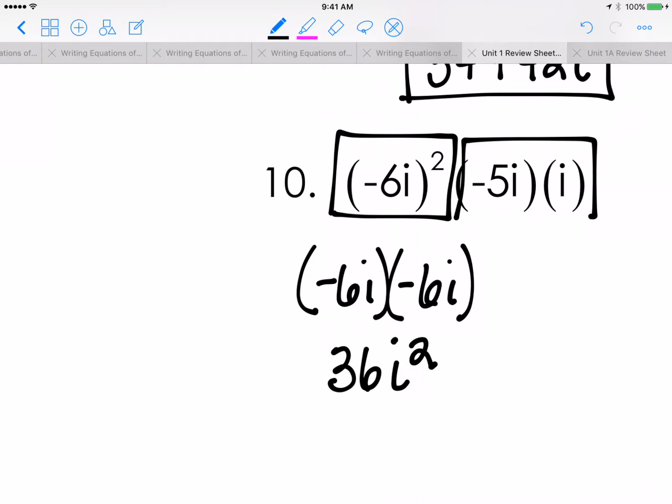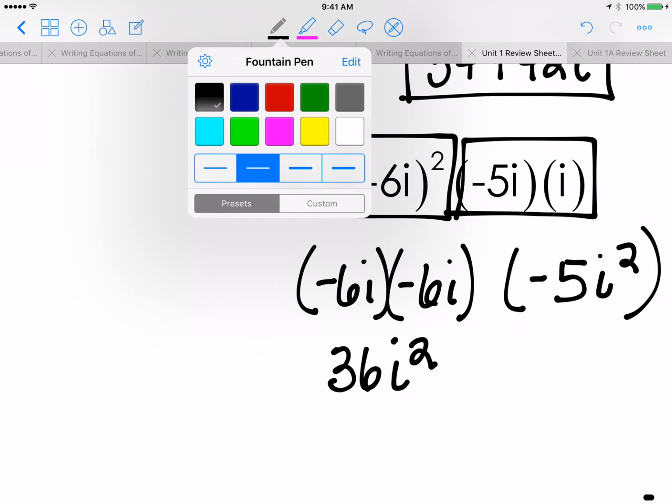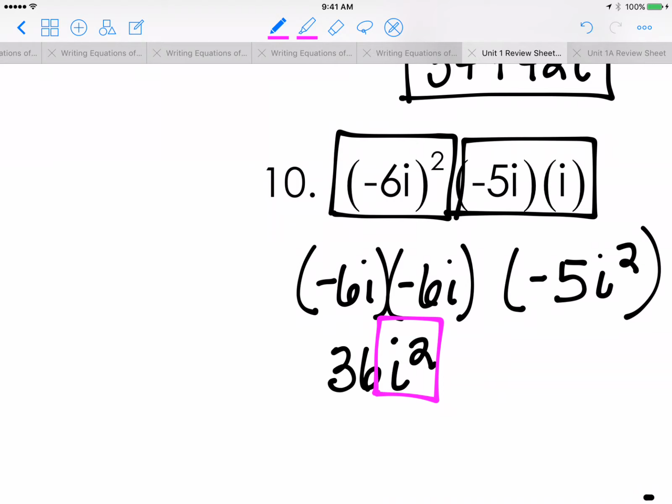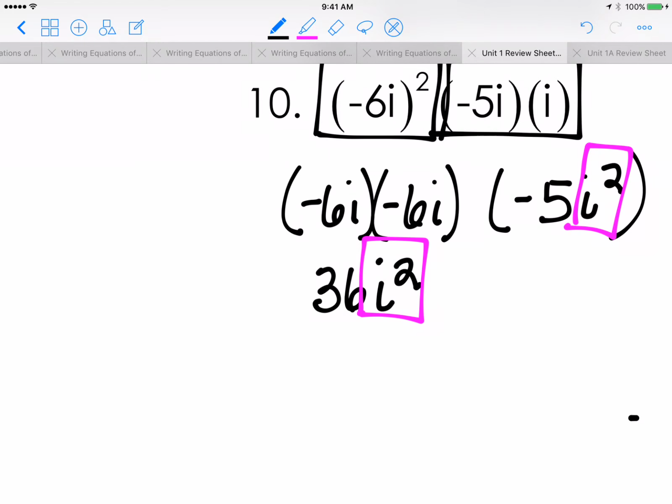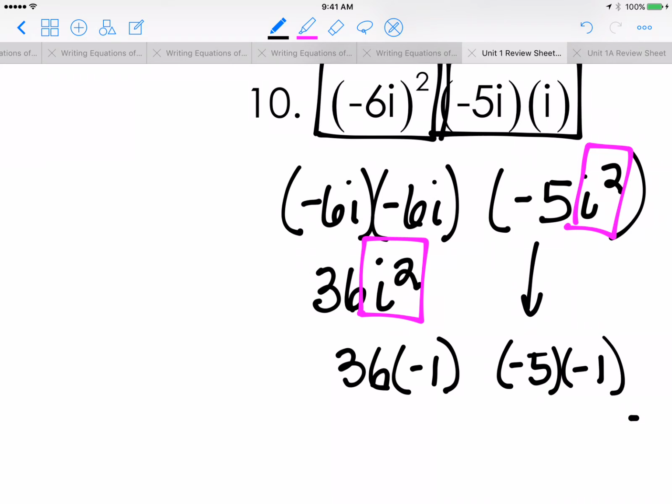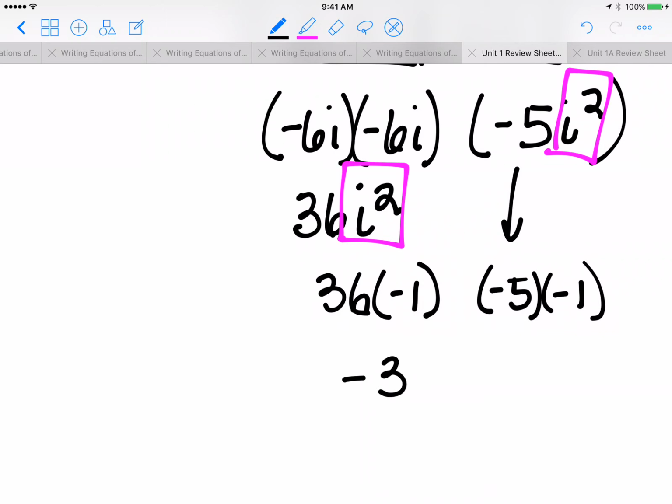So go ahead and let's do this one now. What is negative 5i times 5i? Well, hopefully you'll say negative 25i squared. So go ahead and deal with these i squareds. So 36 times negative 1, and then we have negative 25 times negative 1. So that's going to give us negative 36 times a